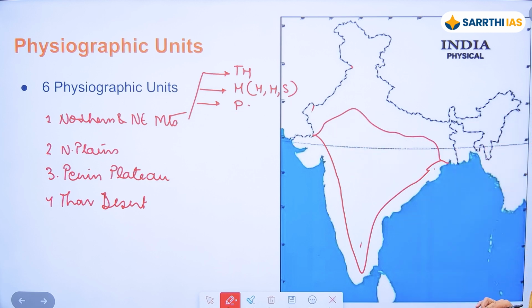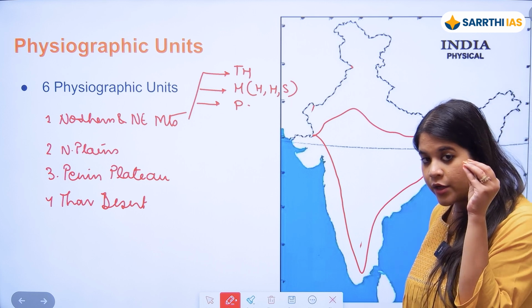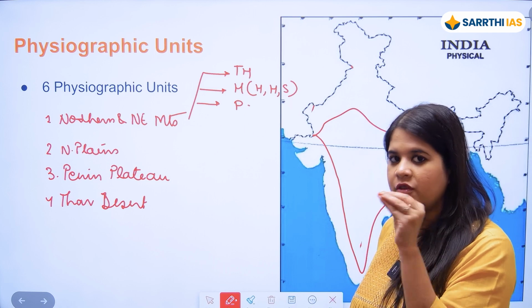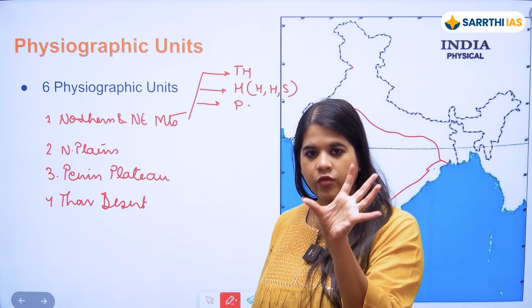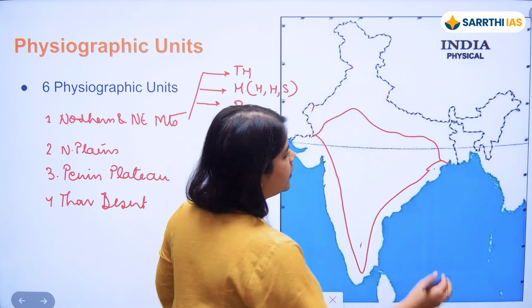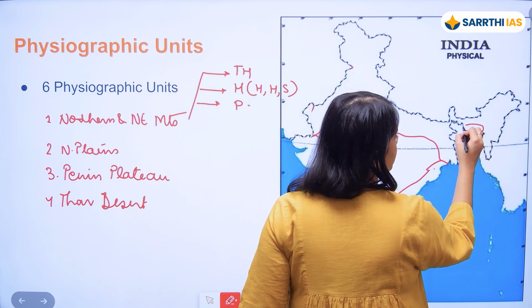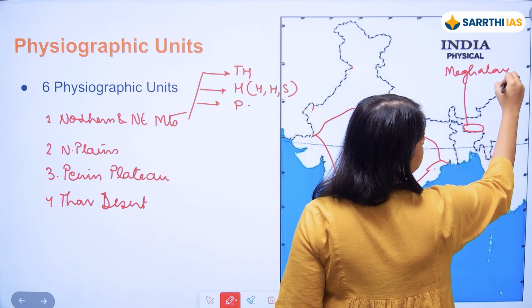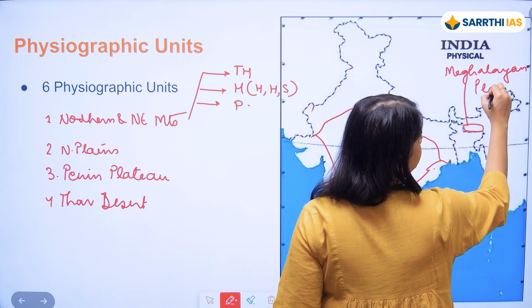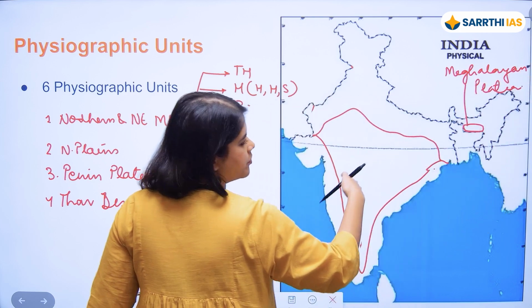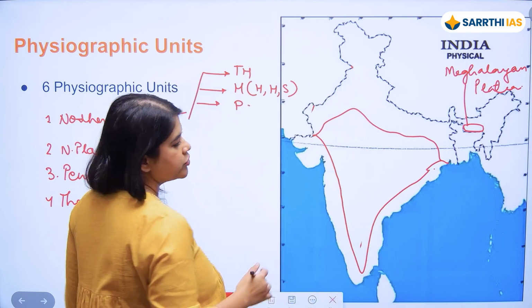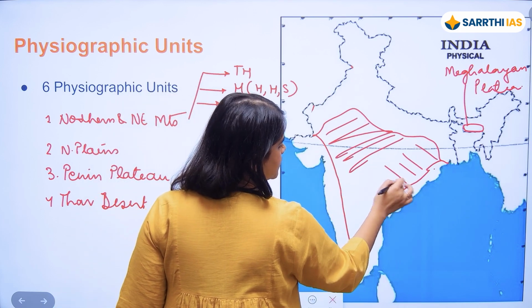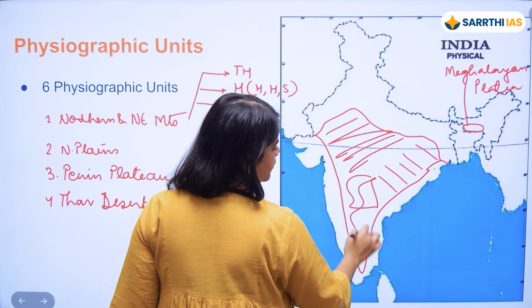This is the peninsular plateau, and the peninsular plateau also has a broken part which was separated from it due to the creation of a fault, and it right now lies over here. So this is the Meghalayan plateau, which is a part of the peninsular plateau. So these are the central uplands, eastern highlands, and the Deccan plateau region.